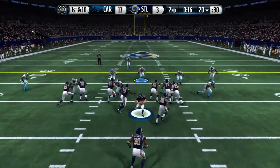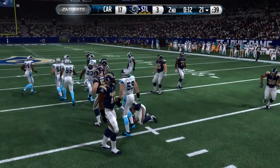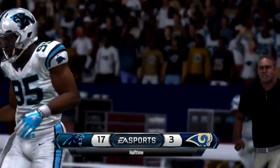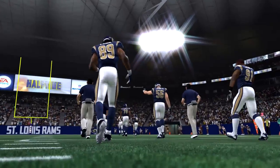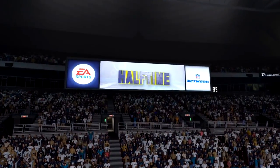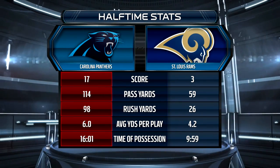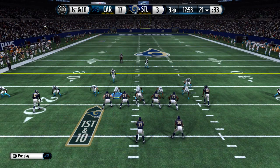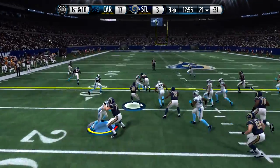17-3, all Panthers here in the first half, as Stacy gets the carry, and that about sums up this first half for St. Louis. Kuechly on the stop. Despite some missed opportunities in the passing game, the Panthers' running game has helped them put together a 17-3 lead as we've reached the halfway point. 76 yards and 2 scores for Jonathan Stewart in that first half, only 24 yards away from the century mark. We'll see if he gets closer to 100 when the Panthers are on offense, but to begin the second half,